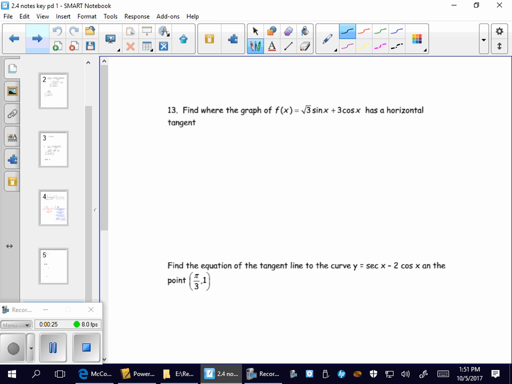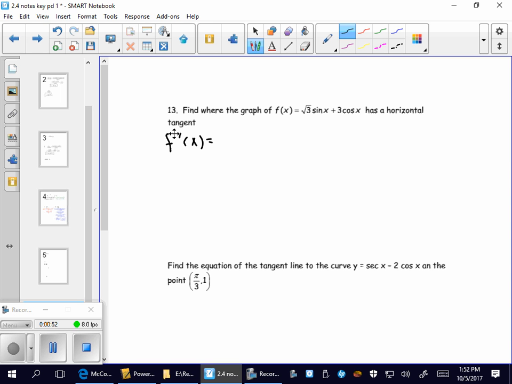So we didn't get to this one. We want to find where the graph of f of x equals square root of 3 sine of x plus 3 cosine x has a horizontal tangent. So if we're looking for a horizontal tangent, we are looking for when the slope equals 0. So I need to find the slope of that function f of x, which means I need to take the derivative. So we're going to get that f prime of x